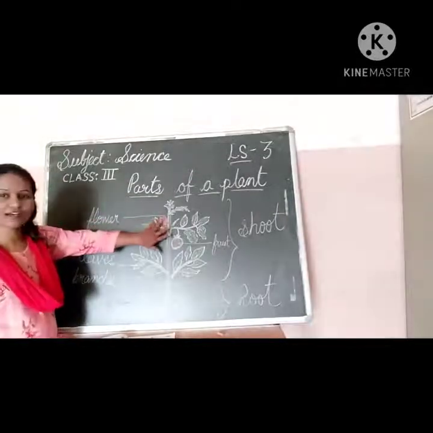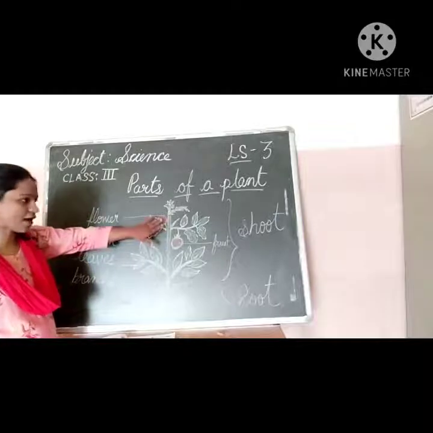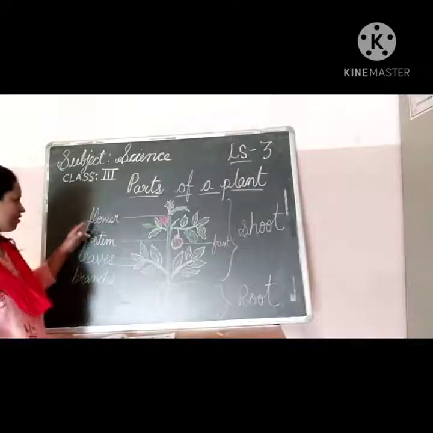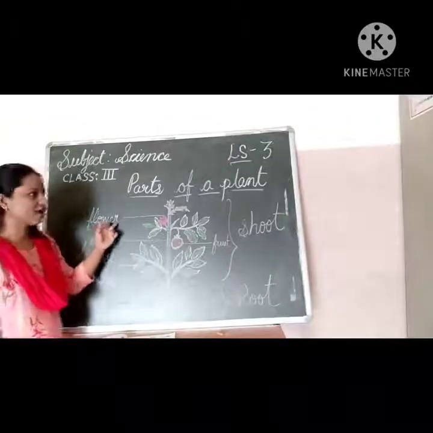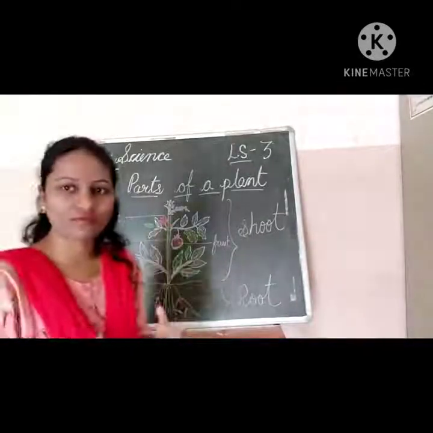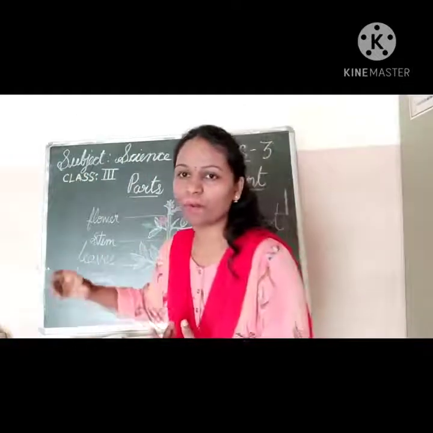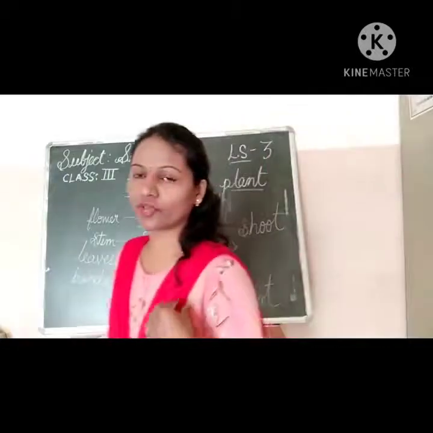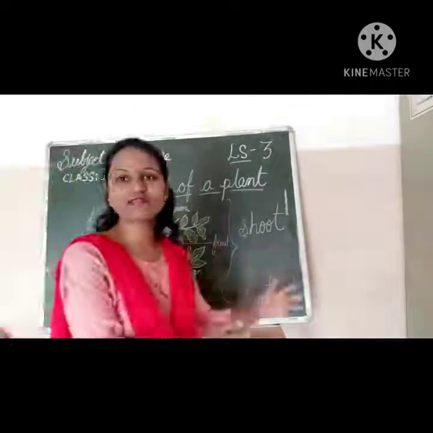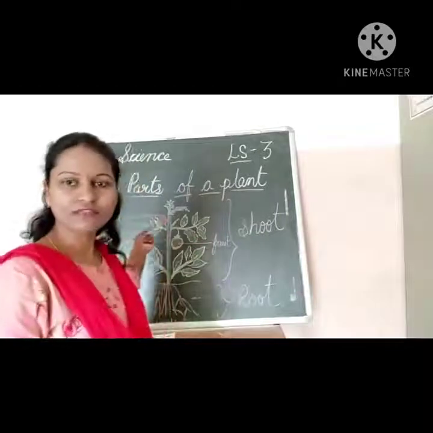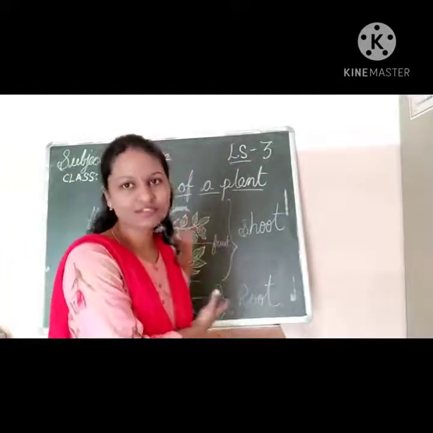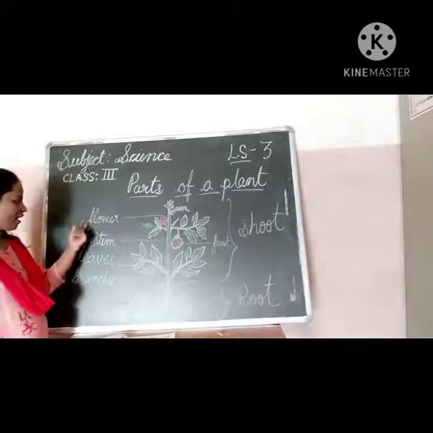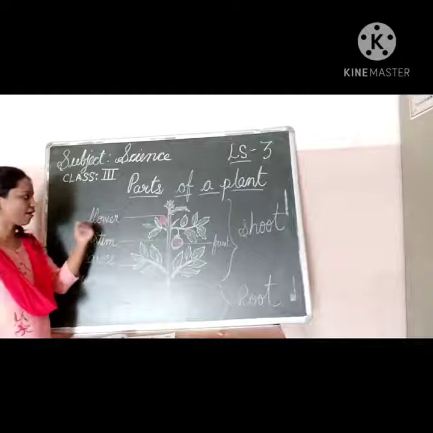Okay children. Next one. If you see the pink color, this is a very attractive part of this plant. That is called a flower. What do you have to say? Flower. F-L-O-W-E-R. Wheat flour is also called flour, but when we are talking about plants, it is called flower. What is the spelling for flower, children? F-L-O-W-E-R, flower.